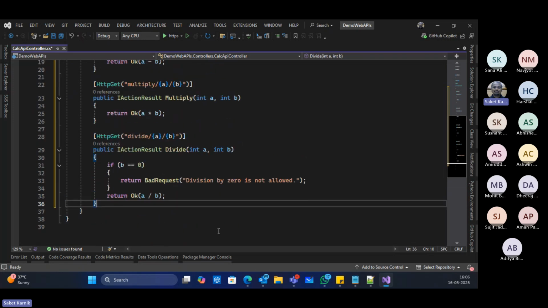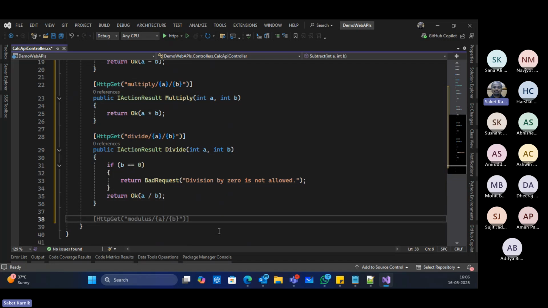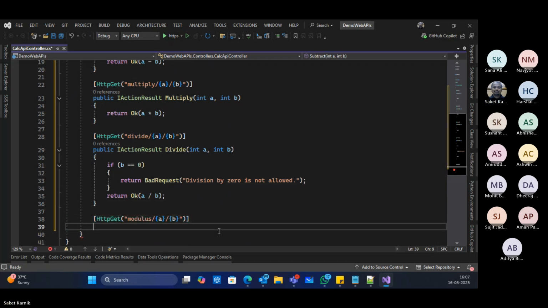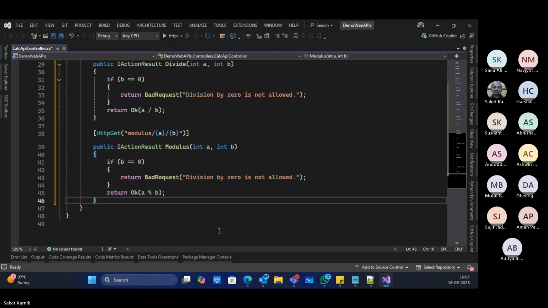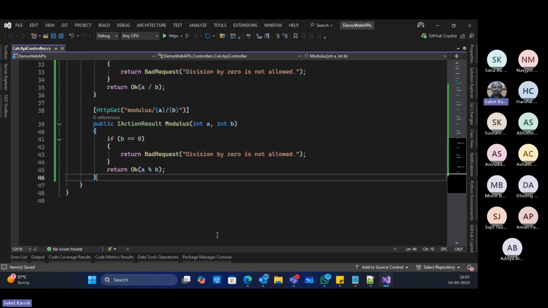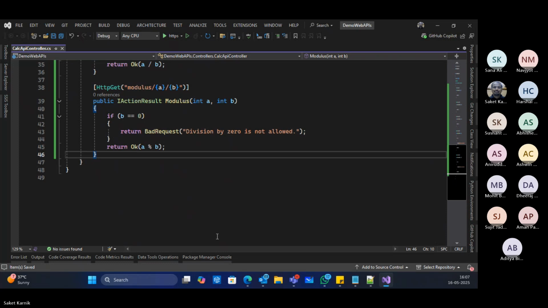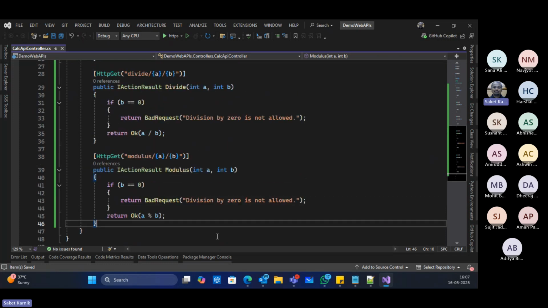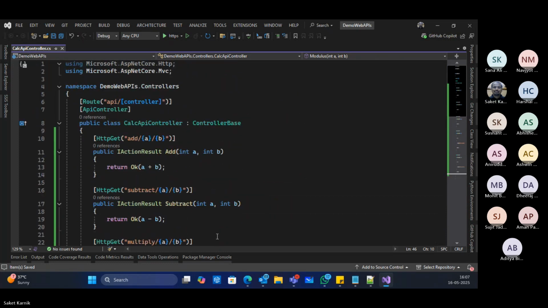And if required, I can also go for modulus. See? Yes, auto generated. I didn't do anything except pressing enter and space and tab. There is not a single character which I typed here. Is this clear? Yes. This is a workable API already.